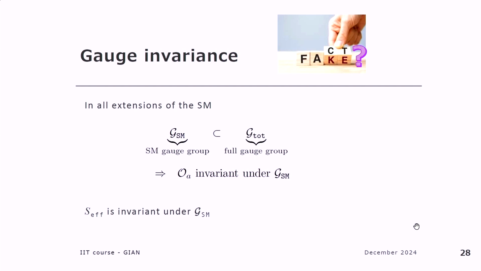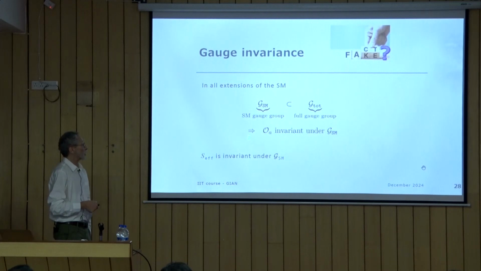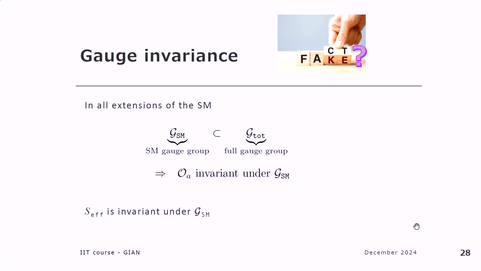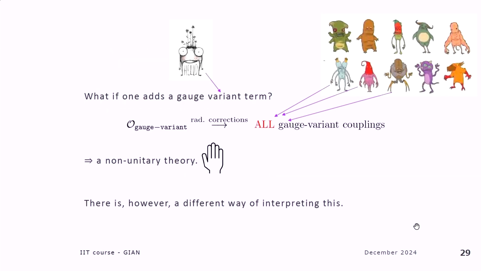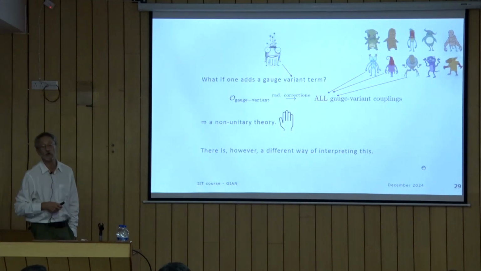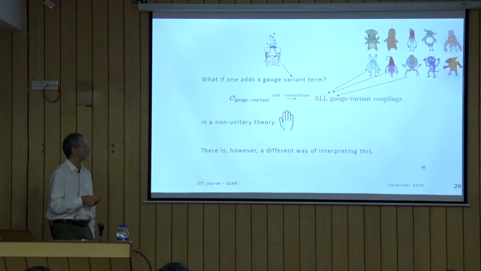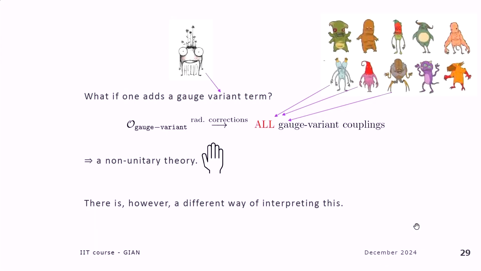This is what happens if you choose particular groups. But it might be interesting to ask what happens if there might be something else that doesn't obey this, some kind of new physics where the O_a might not be invariant under the light gauge symmetry. What would happen in that case? What would be the consequences? As I mentioned, to describe this in pictures, you add one gauge variant term, and then when you do radiative corrections, this gauge variant term gives birth to all the other gauge variant terms that you can write using the light fields. It propagates. And so you might say, okay, done. I get a non-unitary theory, I stop,